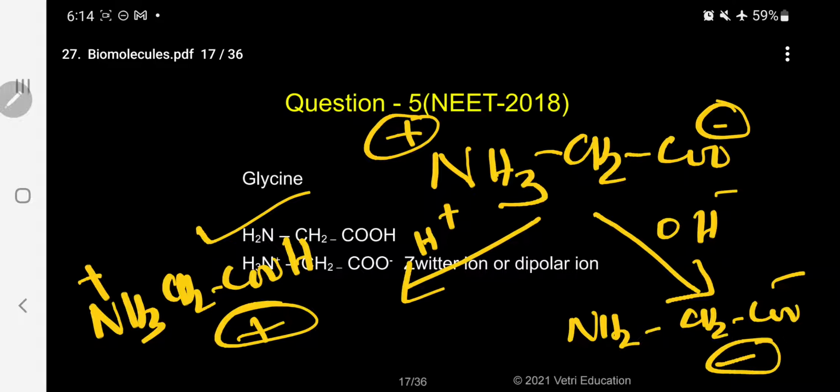Please follow. Any amino acid molecule will behave in acid as well as basic medium as a positive and negative ion. So an important property arises because of this. So in acid medium, it is acting as a positive ion. So when you put it in a cell, it will move towards the negative electrode in acid medium. Whereas in the case of basic medium, it is acting as a negative ion, it will move to the positive electrode.